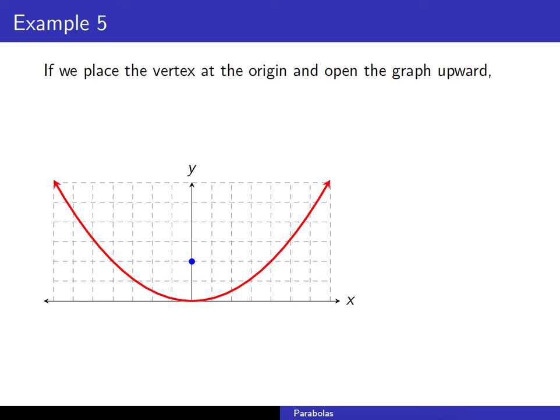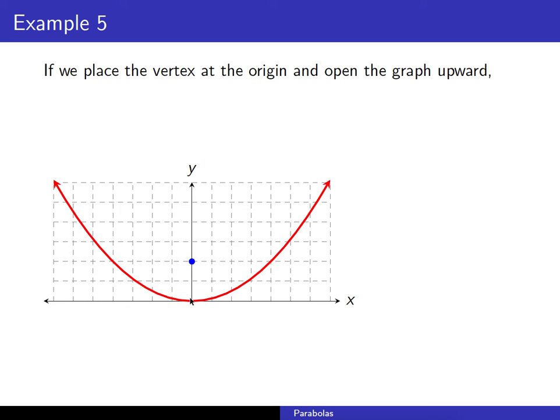So, one of the benefits of working with applications of conic sections is we tend to try to get the vertex involved if possible. So with these example problems with parabolas or paraboloids, putting the vertex at the origin is going to be very helpful. And then from there, you can have the graph open whatever way you want. So I'll just have it opening up, since most satellite dishes are going up anyway. But truth be told, we could have it opening down, to the right, or to the left, we could have the vertex be way over here, but it does make it easier to have the vertex